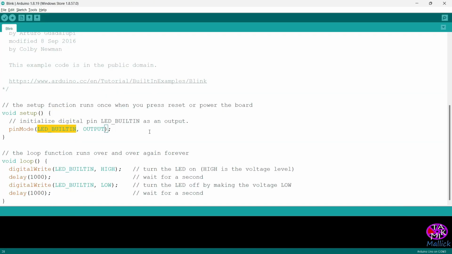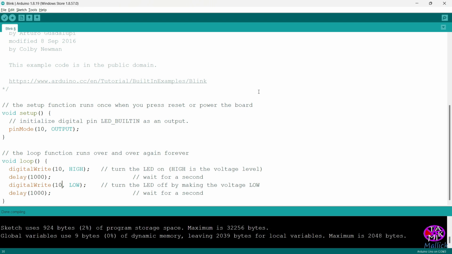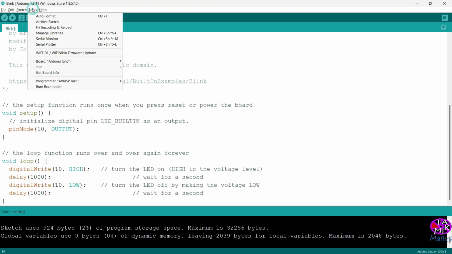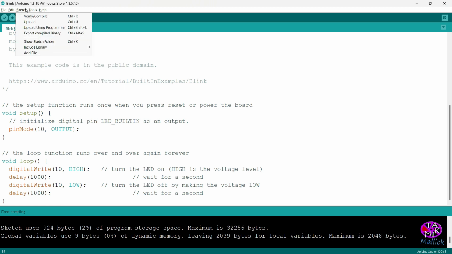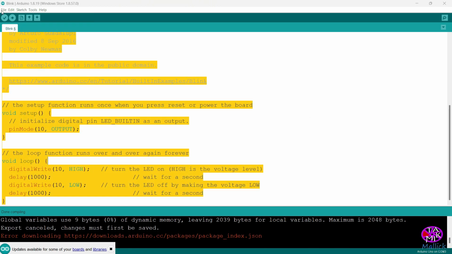So using pin number 10 as output 10. Done compilation, no error, but I need a compiled binary. Copy all the code and take a new